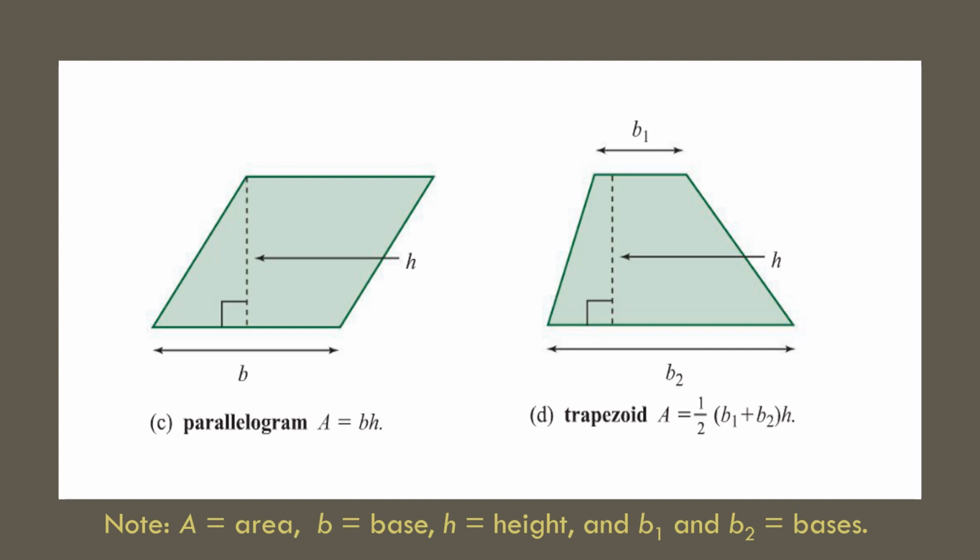And then here we have our last two shapes, the parallelogram and the trapezoid. For the parallelogram, the area is exactly the same as the rectangle, it's just base times height. And then you can see the trapezoid is much more complicated because it has two bases. It has the base on the top here, and then it has another base on the bottom. So a little bit more complicated. The formula for the area of a trapezoid, I don't believe you'll have to use this, but just in case, maybe you'll see it in another class. This is the formula. The area of a trapezoid is 1/2 times the quantity B1 plus B2 times